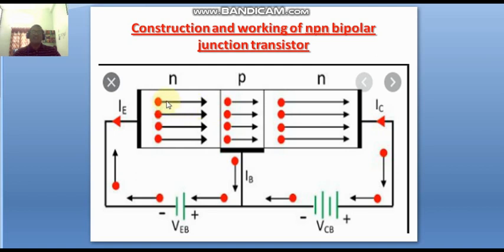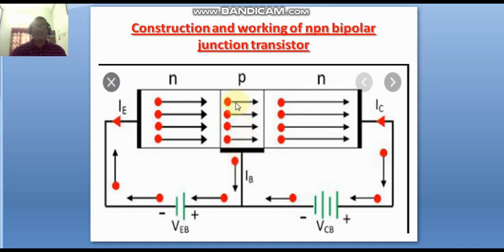These majority carriers are entering into the P region, therefore the depletion layer is decreasing. When the electrons are entering into the P region, the majority charge carriers are holes and the minority charge carriers are electrons. These electrons entering into the base region are recombining here from 2% to 5%,